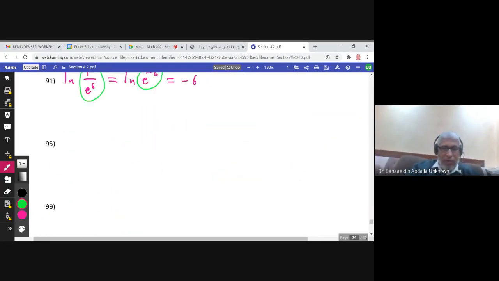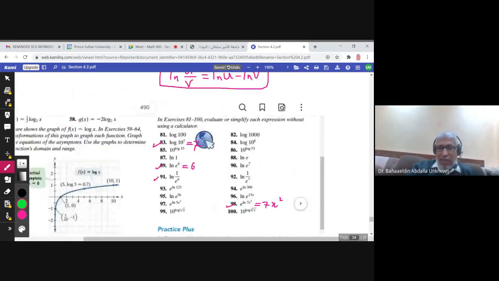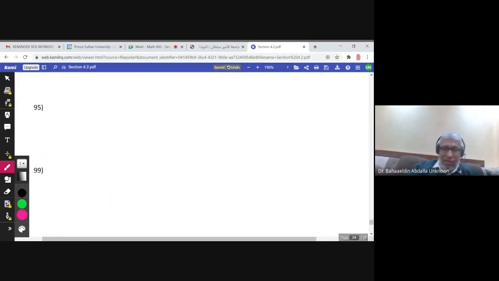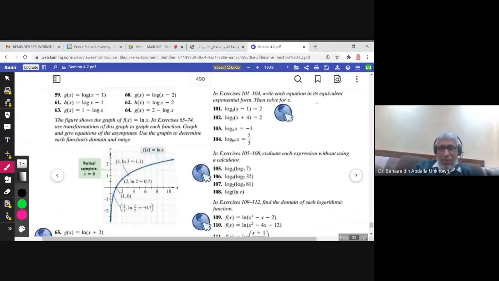Okay, 91, 95, 99, 95, easy. The answer is 9x, okay, because ln cancels e. 99 also log 10 cancels 10, and the answer is square root of x. All of these are examples about the properties. Okay here,